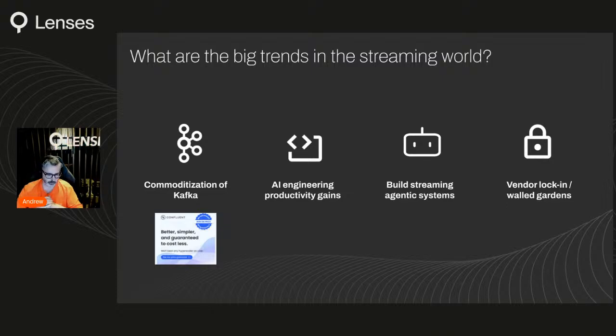I even saw a blog the other day: somebody's got a plugin for Kafka on top of Postgres. There's Azure Event Hubs. Even Oracle queues have a Kafka API. So it's commoditized. It's not a big deal to get Kafka now. I'm not saying it's not hard to operate Kafka, but getting a Kafka cluster is not the big deal. And we're always interested in what you do on top of Kafka, because that's the bit that actually generates you